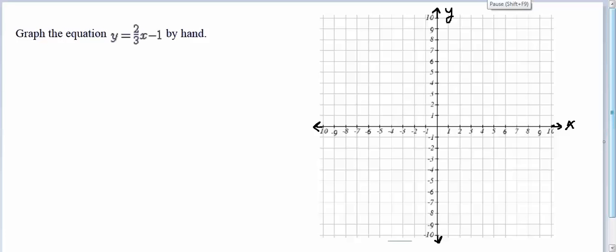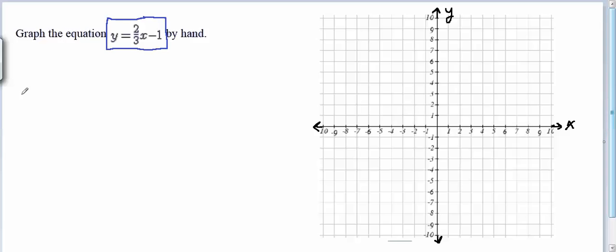Welcome to the video. In this problem, we're given kind of a fancy equation to graph. It has a fraction in it. The equation is y equals 2/3 x minus 1. Even though the equation looks very fancy like that, we can use the same steps as always, that t-table, to